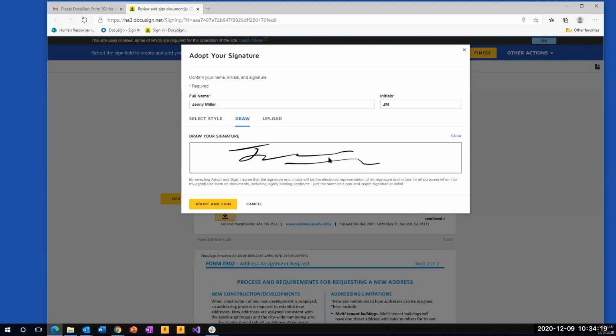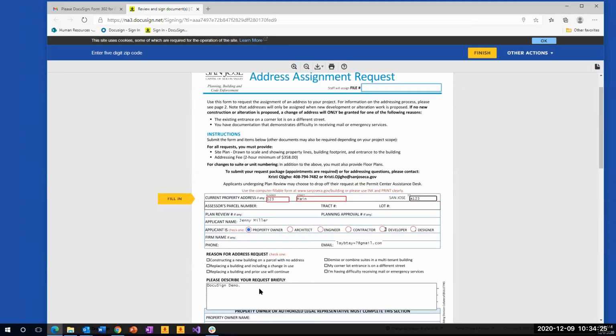So let's say that this is the method that Jenny prefers, she scribbles, adopts, and signs, right? Notice how the navigator button pushes itself up back to the zip code, basically reminding her that, hey, there's an error here. You need to fix this before you can complete. And it will not allow Jenny to complete the form. If she tries to click finish, it's not going to let her. So she needs to correct the mistake, right? And once she's done, she clicks finish.